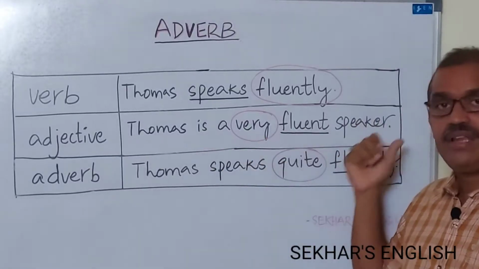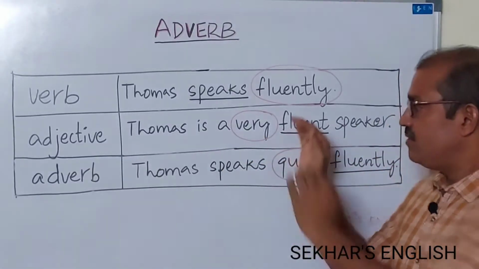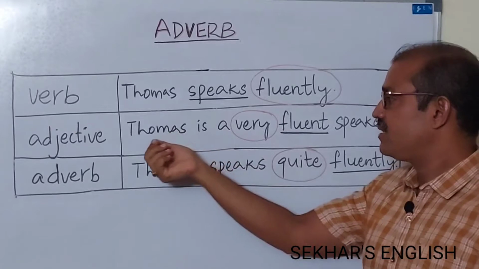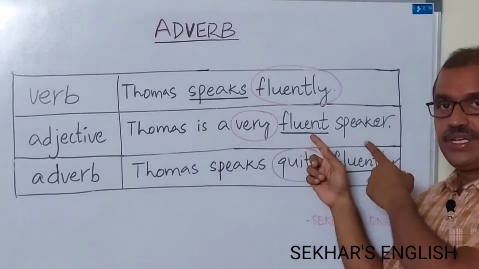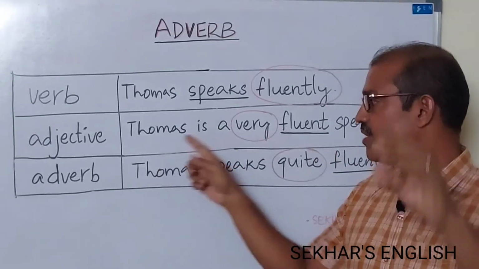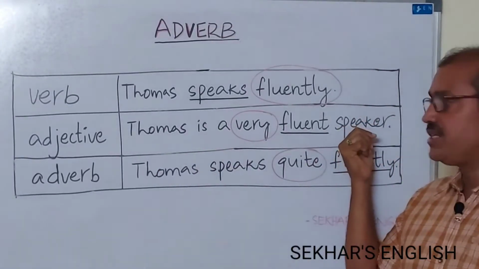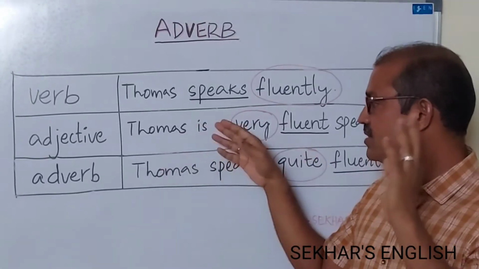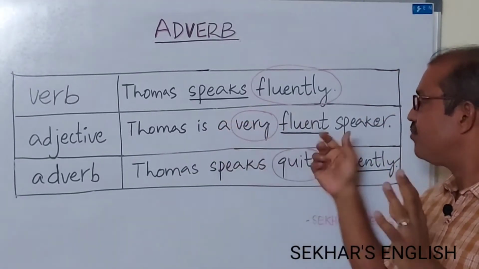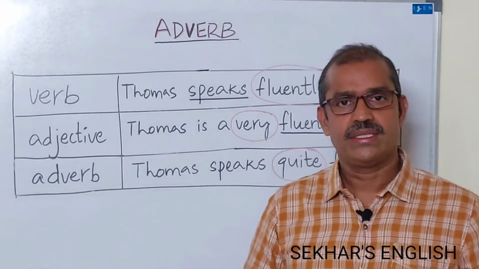Thomas is a very fluent speaker. Again, forget this one, very. Thomas is a fluent speaker. Here, the underlined word fluent is adjective. Thomas is noun, is verb, speaker is noun, fluent is adjective. Okay, Thomas is a fluent speaker, but